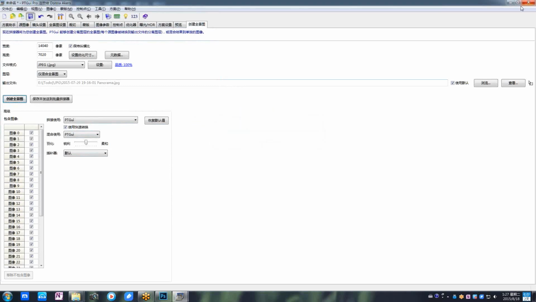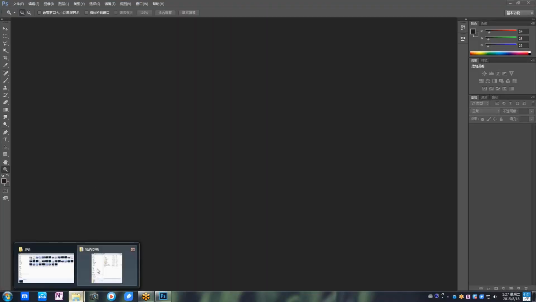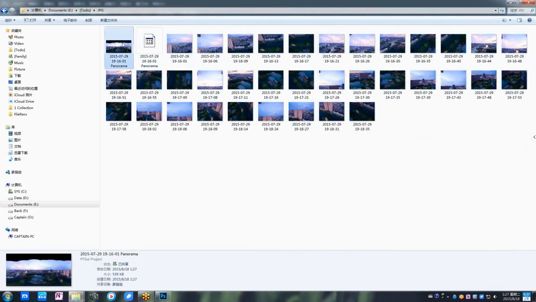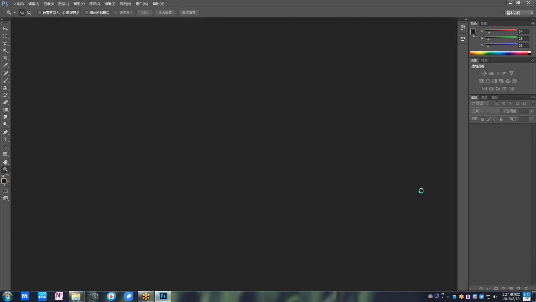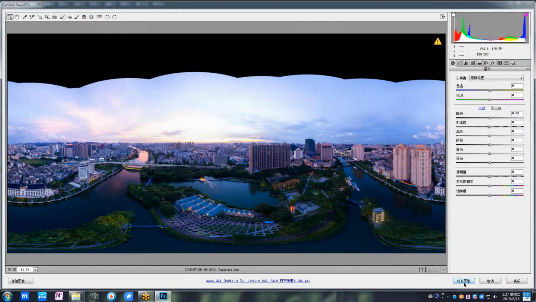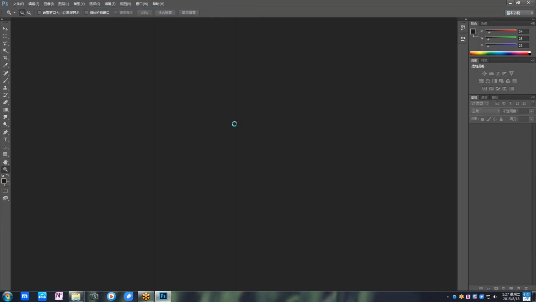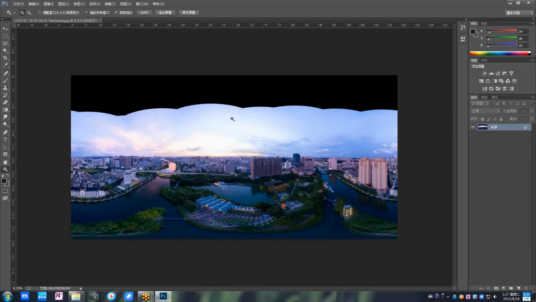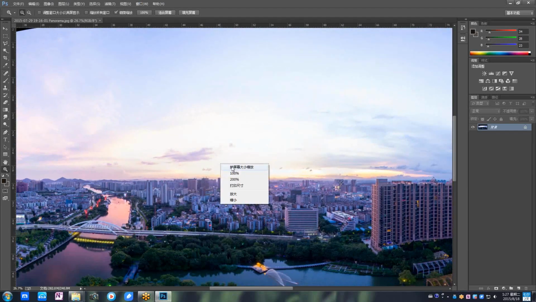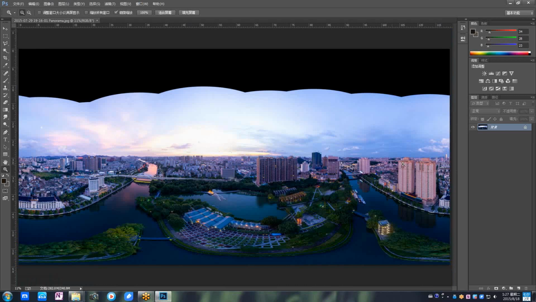Also, we could save the settings for this panorama. We use Photoshop to open the file we just created. Because the angle of the DJI Phantom couldn't point vertically up, there is a lot of black on the top because we couldn't see the sky. That's the reason we need to